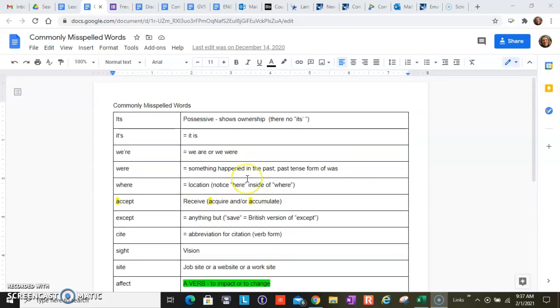Hey you guys, it's Marianne, and I have a quick little lesson about commonly misspelled words, otherwise known as frequently misspelled words. So anyways, I did want to throw some hints and tips and tricks out there that help me, so maybe it might help you, at least maybe a little bit.